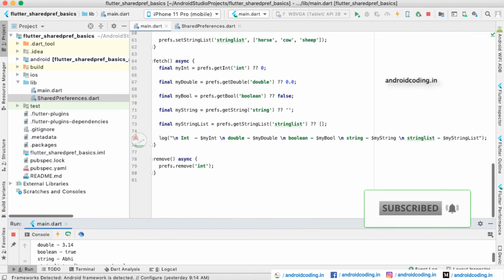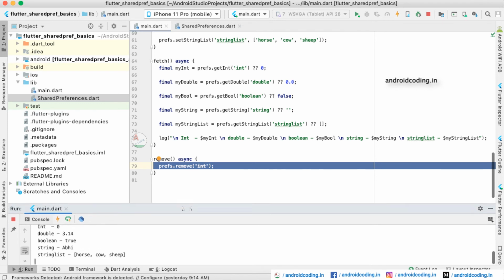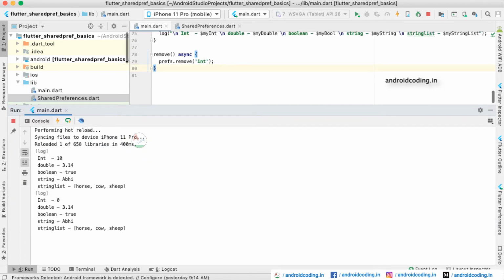Because we cleared the value of 10 by removing this particular key from our list. In the same way you can clear all the fields in the shared preferences, and also update them. I hope this example makes it easier to understand how to implement shared preferences in your Flutter application with different kinds of data types.